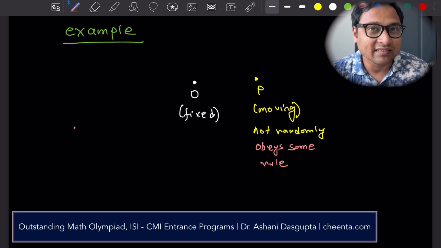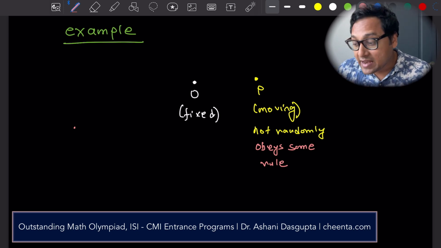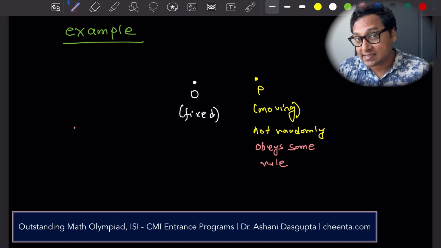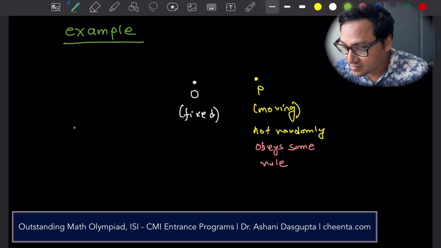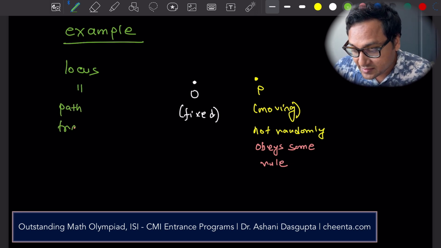That path that the point P actually traces out while it's moving, obeying some rule, is called the locus of the point P. So locus is simply the path traced out